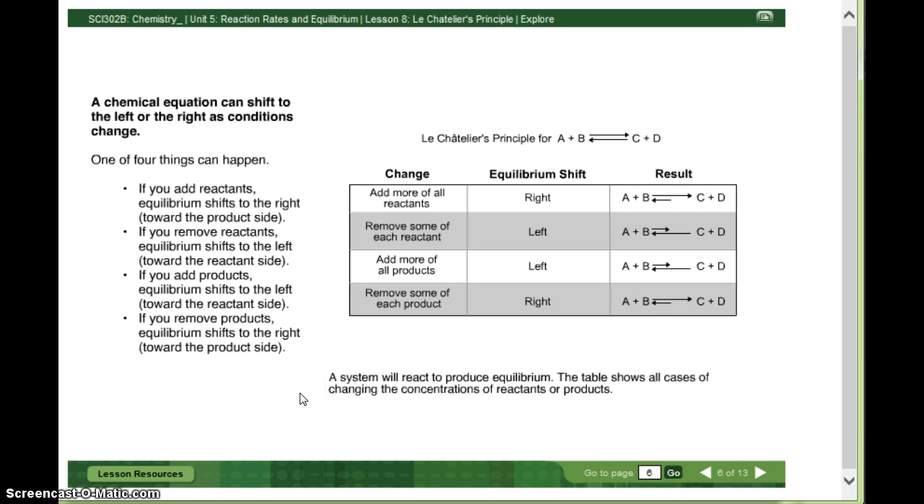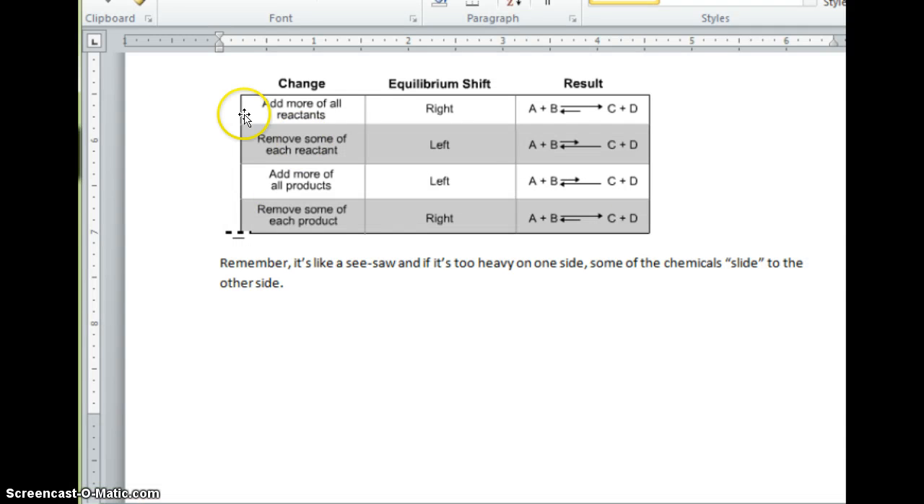The table shows all cases of changing the concentrations of reactants or products. Think of it like a big teeter-totter. If you have too much on this side, it's going to make more products to balance it out. If you have too many products, it's going to shift to the left and make more reactants to balance it out. It's all about balancing. All right, so I added the table to the notes, and I put, remember, it's like a seesaw, and if it's too heavy on one side, some of the chemicals slide to the other side